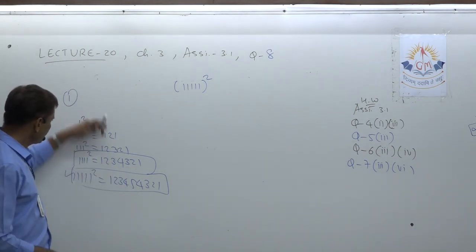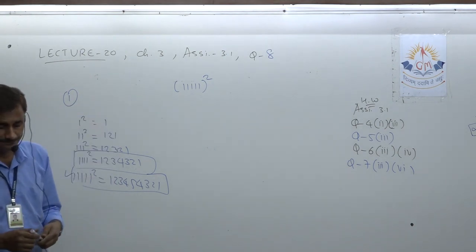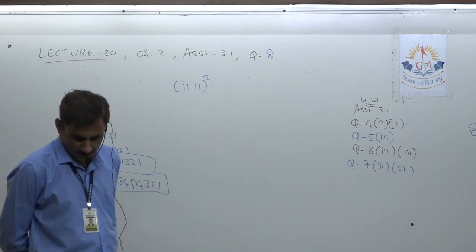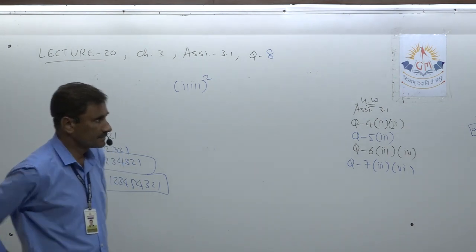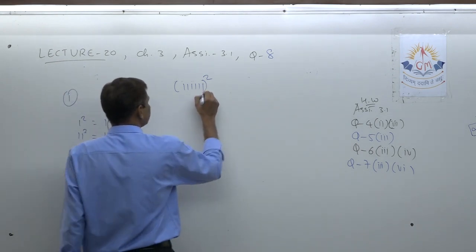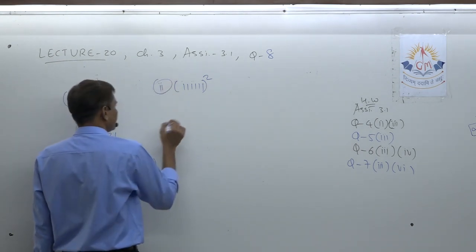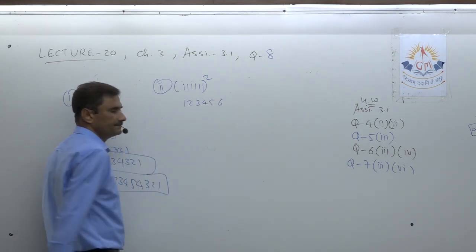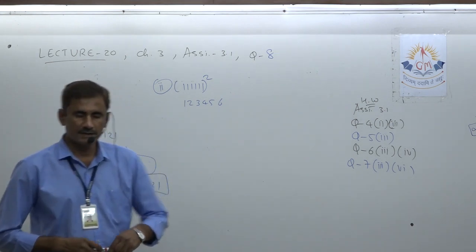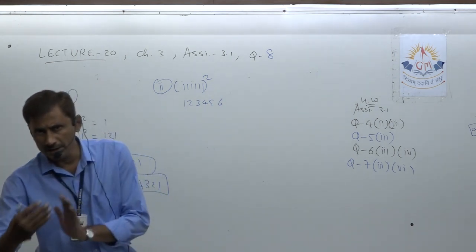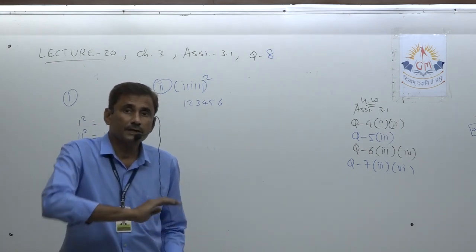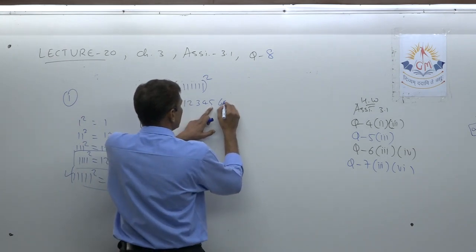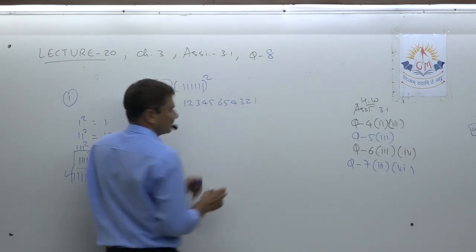Okay, directly you can give the answer, no need to write the previous steps. Now in the second one, 6 times 1 is given. So write down 1, 2, 3, 4, 5, 6. 6 digits are there, write up to 6. 5 digits are there, write up to 5. But then write the numbers in decreasing order. So I am writing here in decreasing order 5, 4, 3, 2, 1.